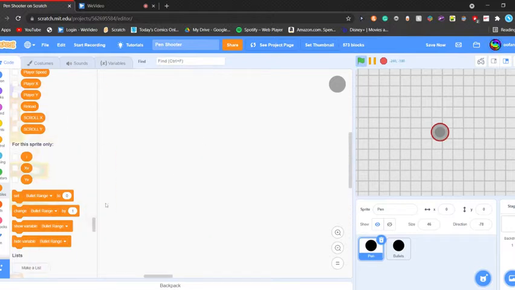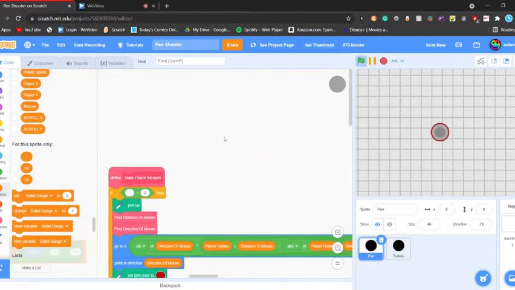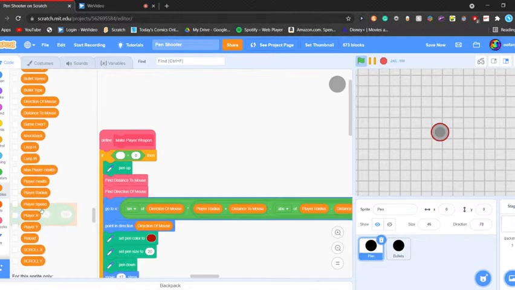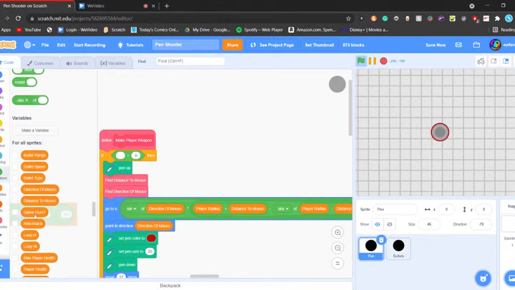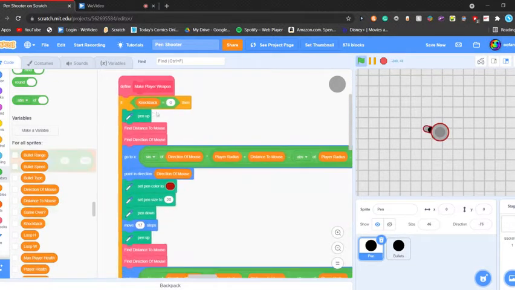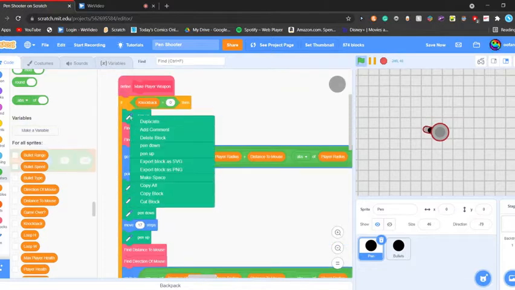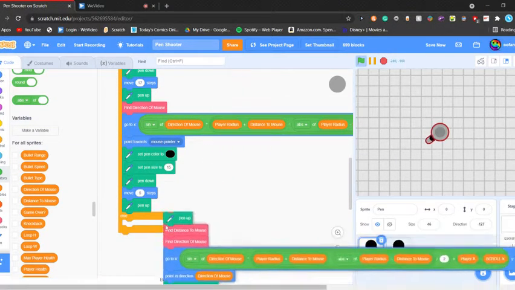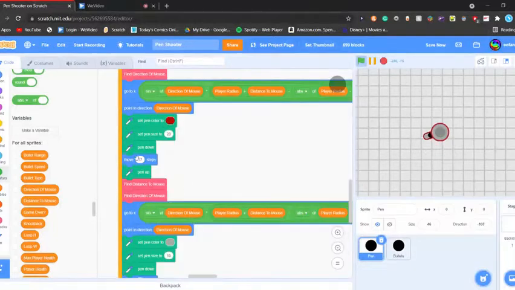So knockback 0. Then, where's the knockback variable? Knockback equals 0. And then else, we're going to drag this down here and do the same thing, except we're